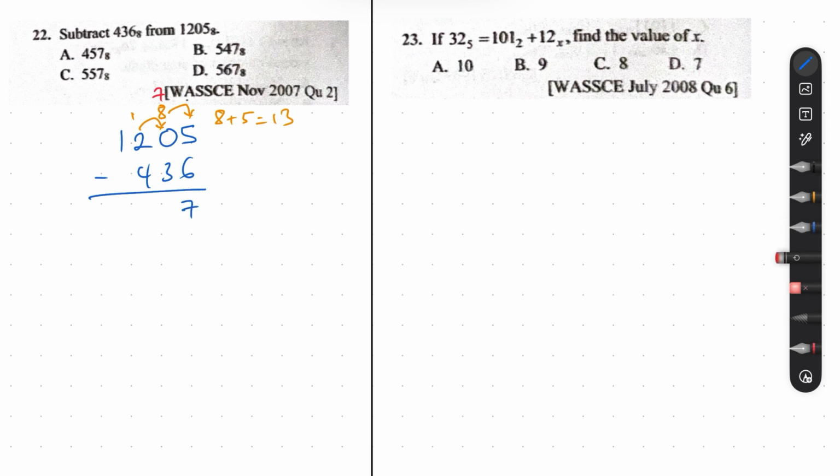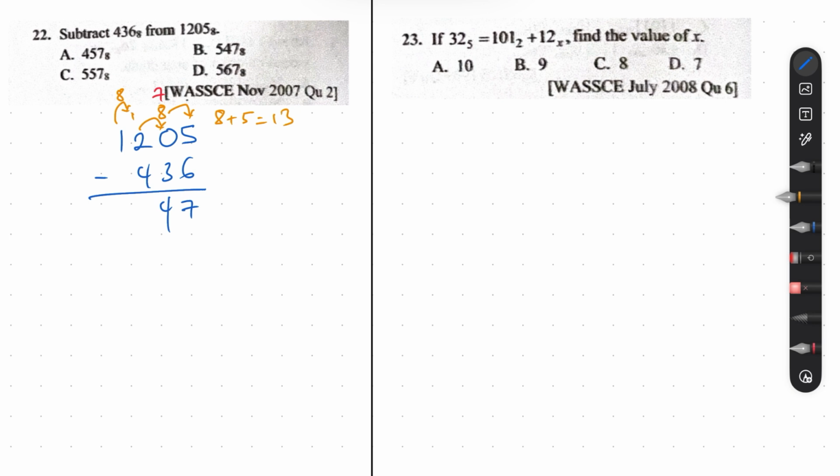And then we continue. Here, we're left with 7. So 7 minus 3 will give us 4. And now, don't forget, when we come here, we already borrowed 1 from here. So the remainder here was 1. So 1 minus 4, also not possible. So we need to borrow from this side. So when we borrow from here, it will be